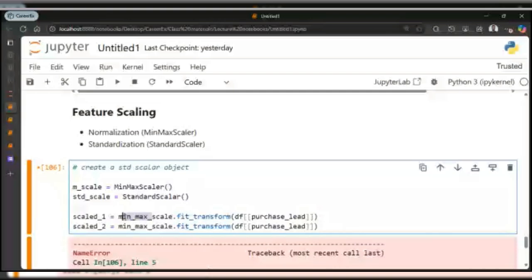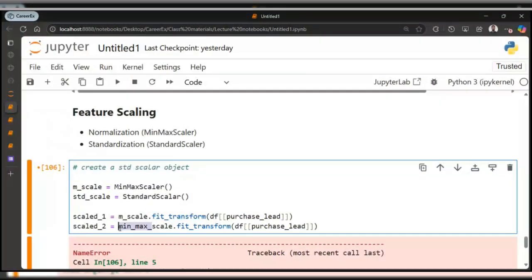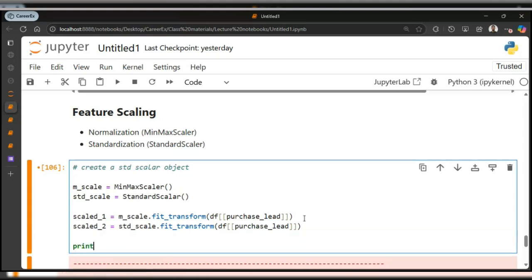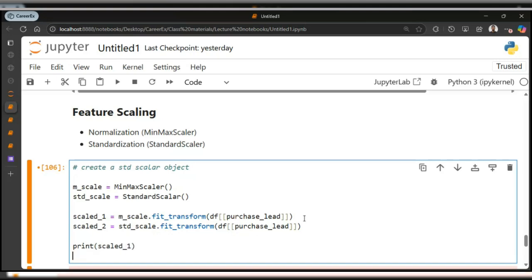We have the MinMaxScaled here, and we need to have the standard scaled here. We want to print both of them out, so print scaled 1 and print scaled 2.